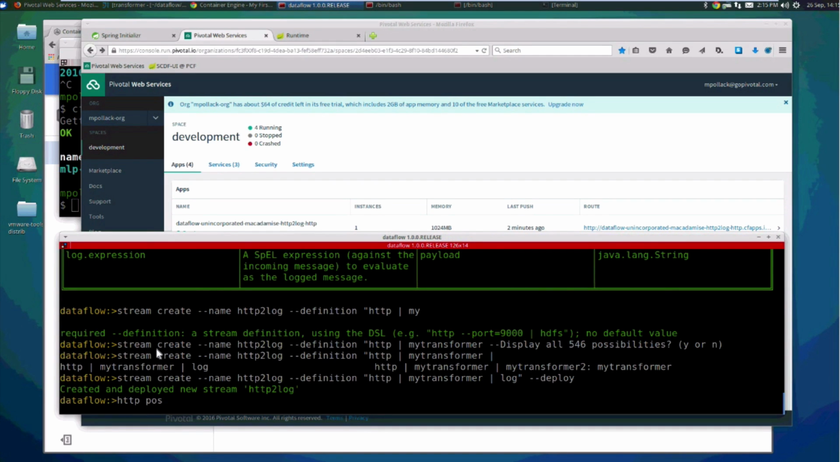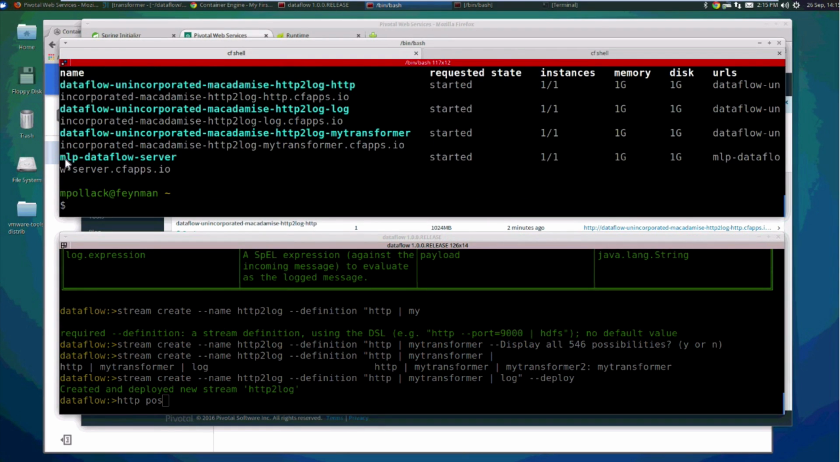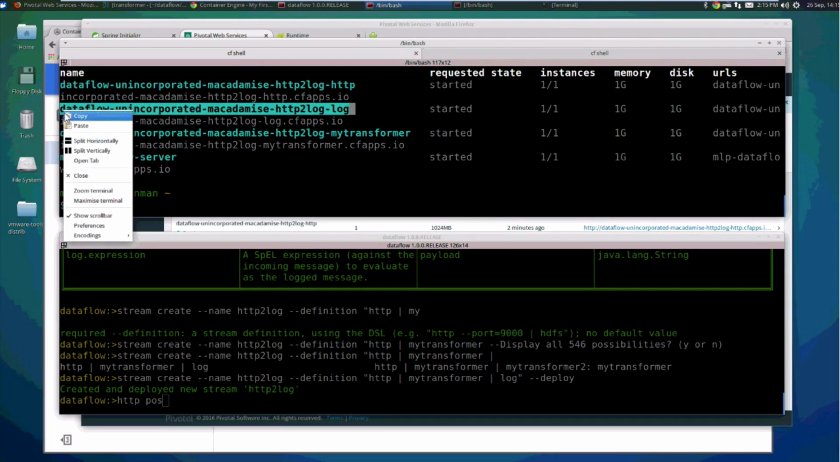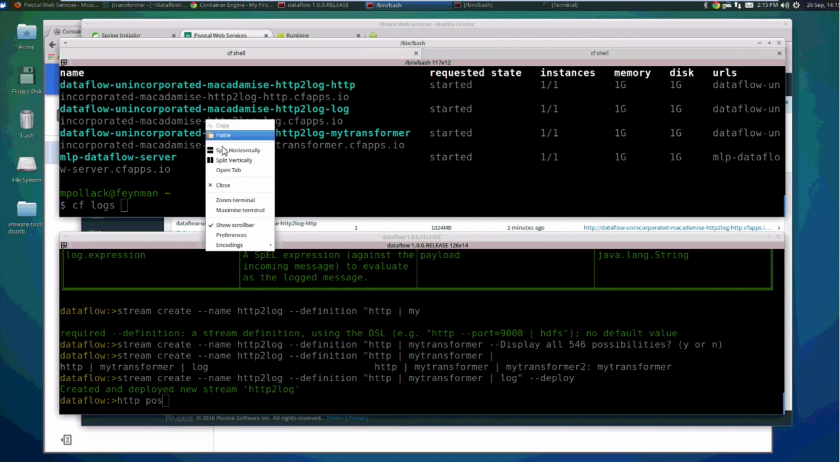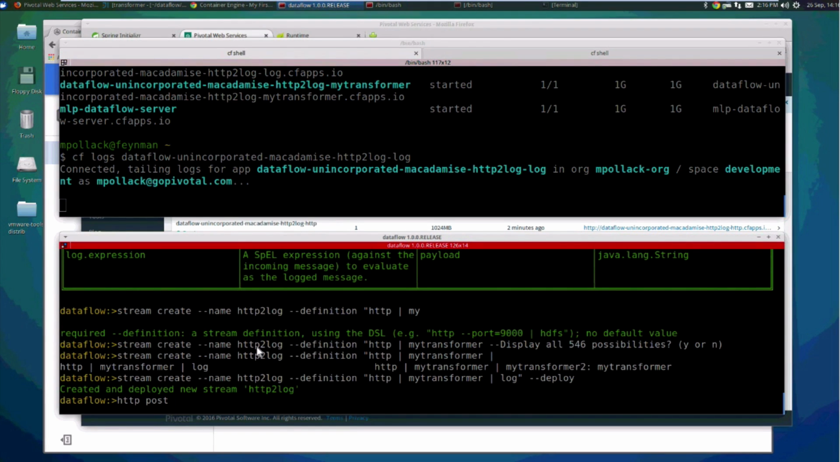Oh, first let me do this. Here are the apps using the CF command line. And I can just look at the logs, for example, in this case, of this guy. That's the endpoint. So it's telling the logs. There's a little helpful debugging command called HTTP post. And I can just now paste in